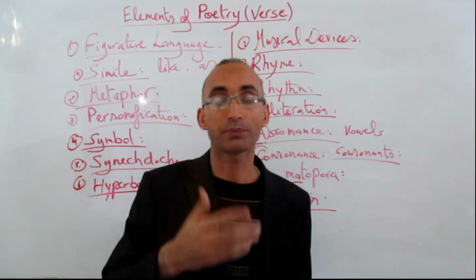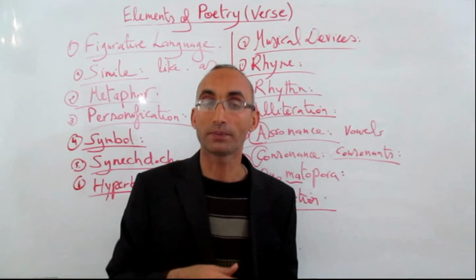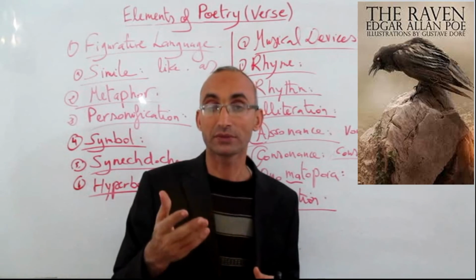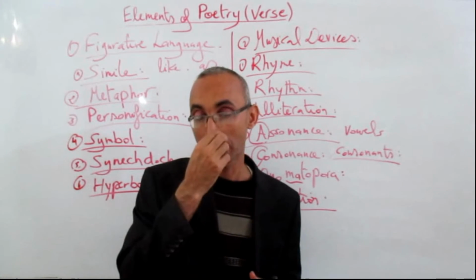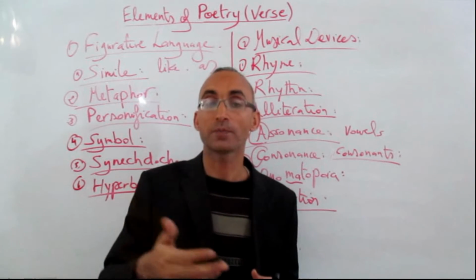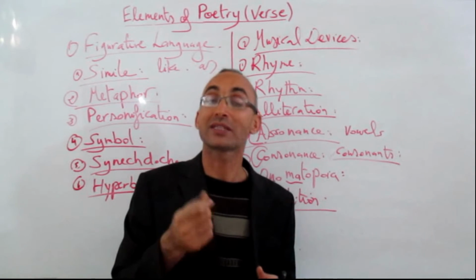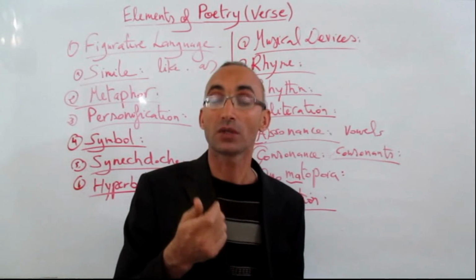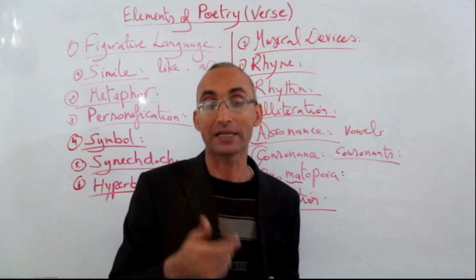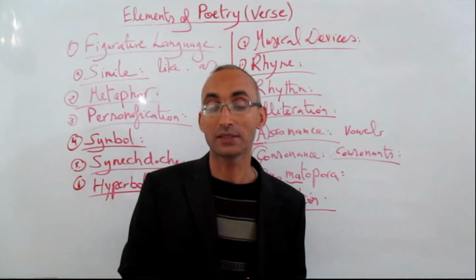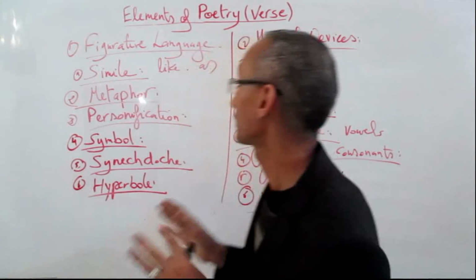For example, we have the example of Edgar Allan Poe's poem The Raven, when he repeated the word Lenore many times, and also Lenore all the time. Here, it's a very interesting repetition which signifies a very deep meaning, which the writer wants to emphasize and convey. So these are generally different